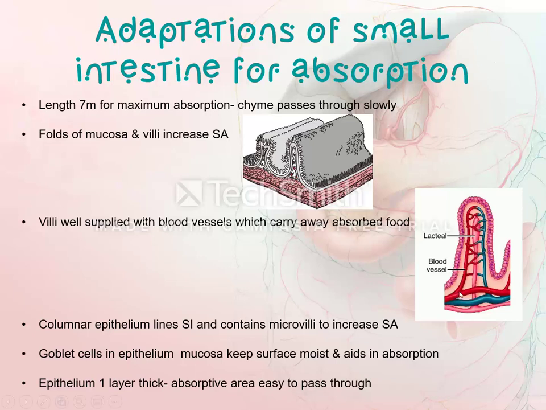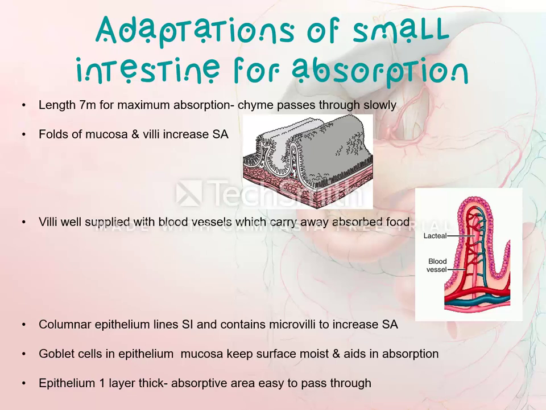So if you look at this diagram, you'll see that there are arteries and veins that join as a capillary network. And you know that arteries, remember, arteries go away, so arteries come away from the heart to the small intestine, and then a vein goes to the heart. So in this case, the arteries are bringing blood to the small intestine for the small intestine to be able to do its purpose, right? The small intestine needs a supply of oxygen. And then the veins are there to carry the nutrients technically to the heart, but remember, we're going to do it via the hepatic portal vein. Okay, so the main adaptation is that the villus are supplied with blood vessels